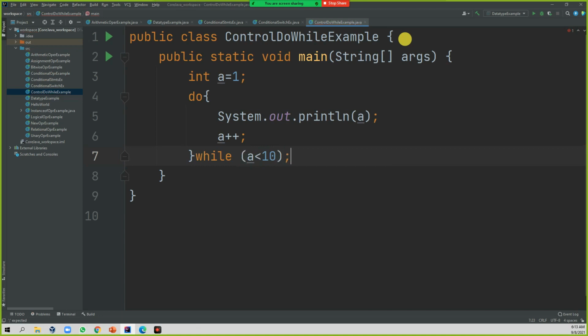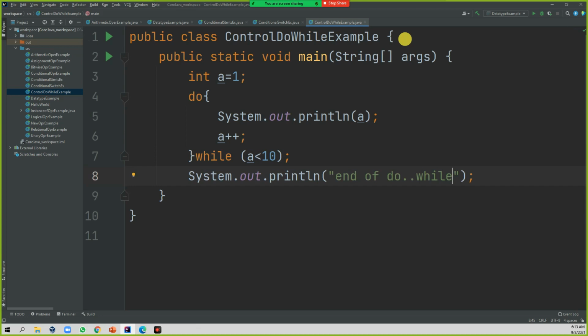You should put a semicolon here, otherwise it will give you a compilation error. Semicolon, then here I'm writing, outside loop, end of the do while. If I run this one,